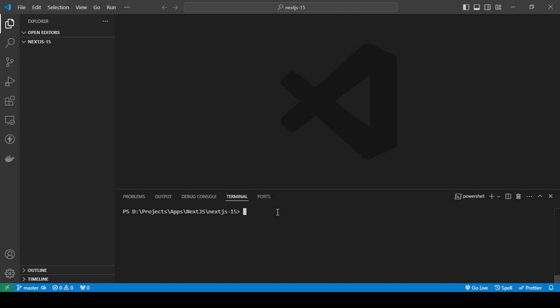Okay, so in this tutorial I'm going to be showing you how to install Next.js 15, and since the stable version has been released, I'm going to be showing you the new way of doing this. So let's get started. Installing Next.js 15 is basically the same way you install Next.js, which is